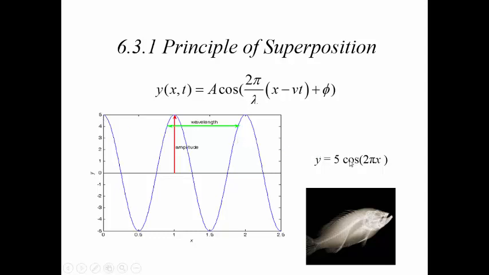And what is the wavelength? Well, it's 2 pi divided by lambda, and in this case it's going to be 1. So if we go from here to here, we're going over a length of 1. I want to point out to you that you can start at any point of the wave, say here,